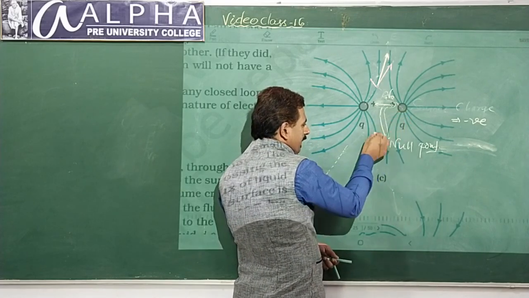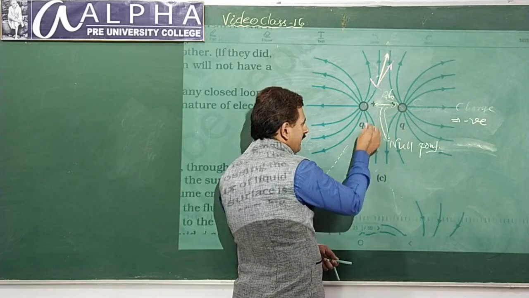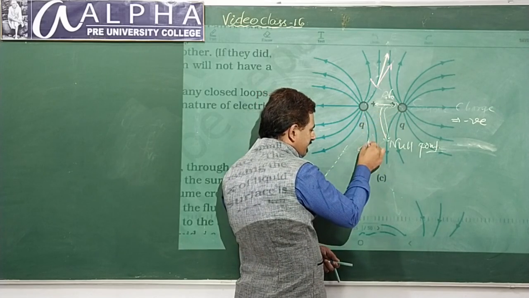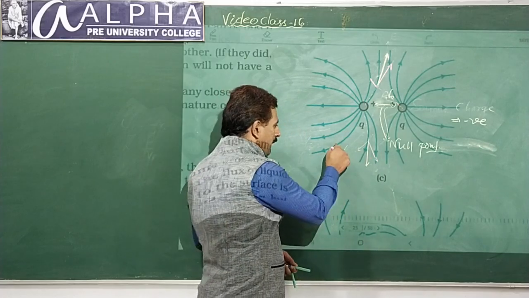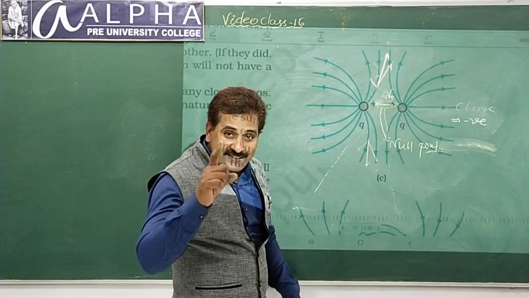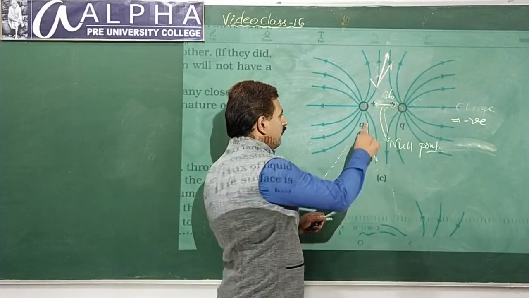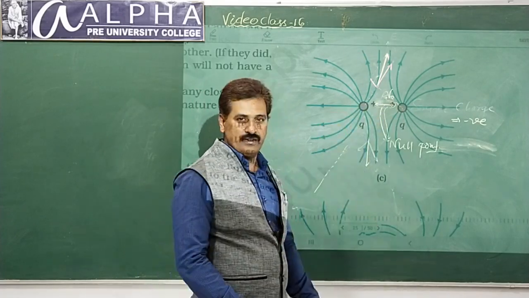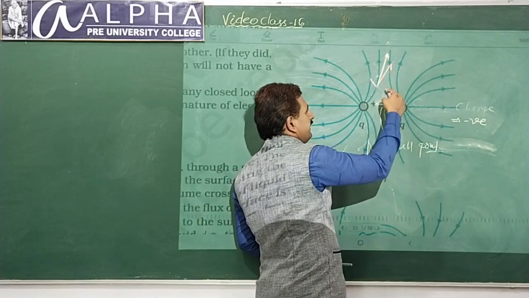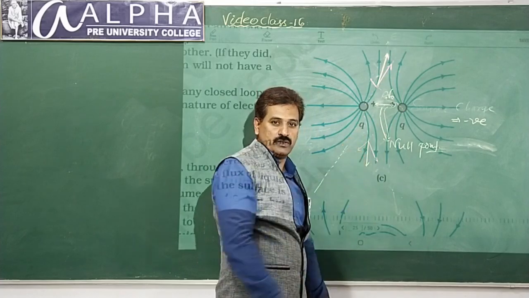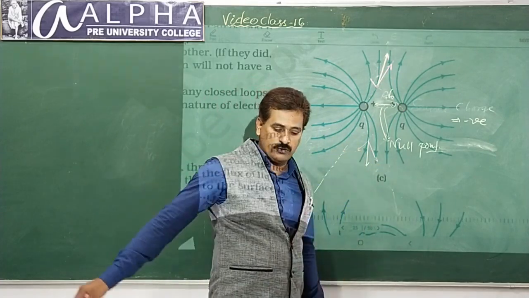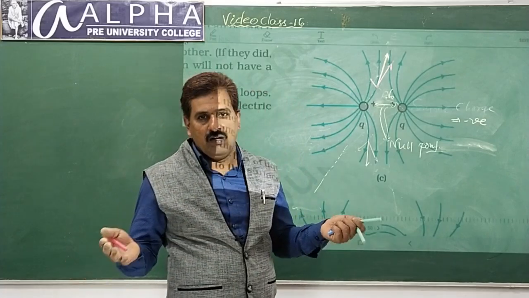So this repels, you write like this. This also repels, write like this. Resultant of these two is this. So every point on each curve is a resultant of fields due to these two charges. That's why the electric field lines have taken shape like this. They are bent, curved. Previous two examples, straight lines. Here curved. So field lines can be straight or curved.